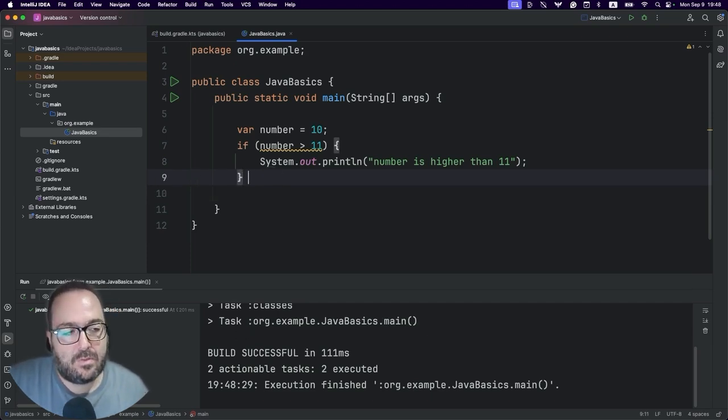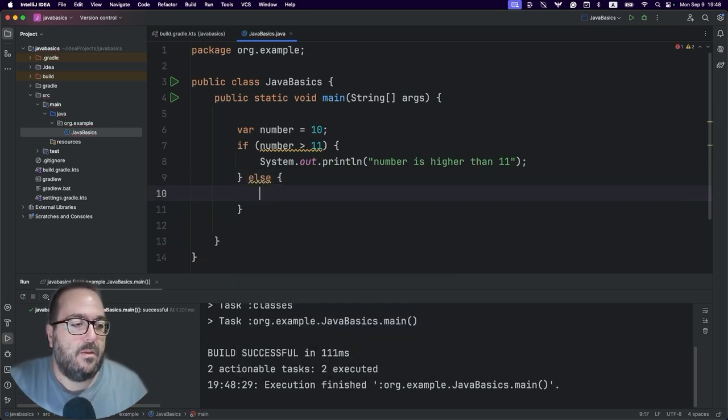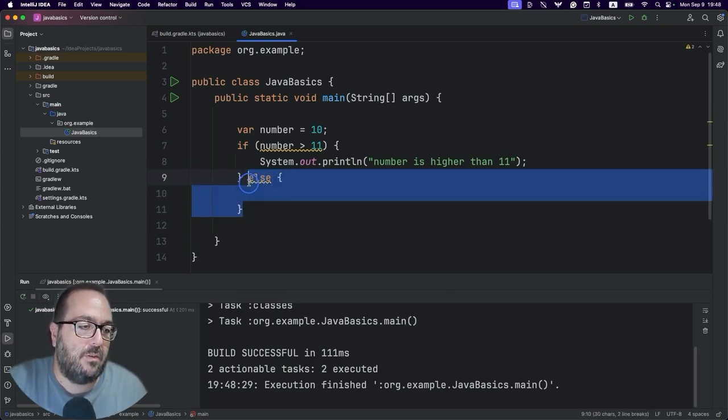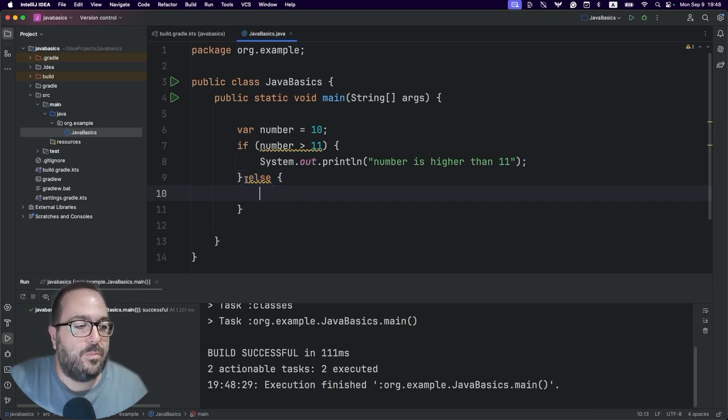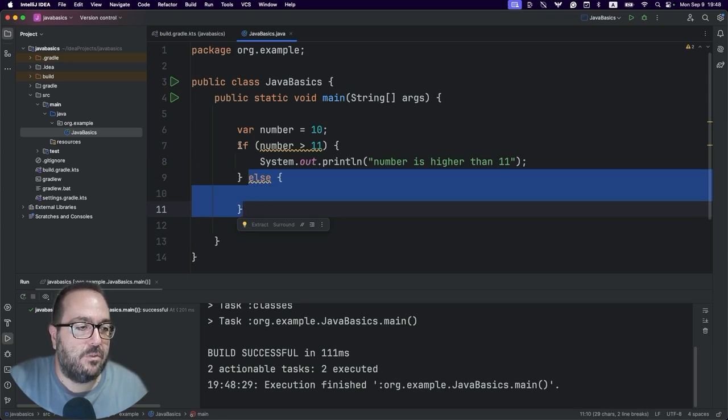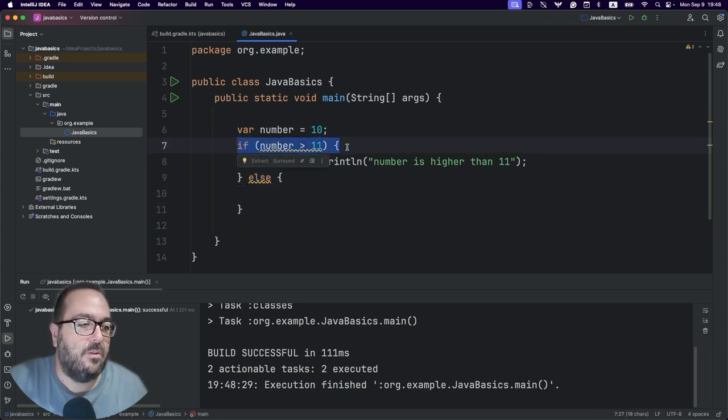Now, if we continue this if statement, we can go on with an else and curly braces. So whatever is inside the else block, inside the curly braces from line 9 to 11, is going to be executed if the initial condition in line 7 is not true. So it's not valid.